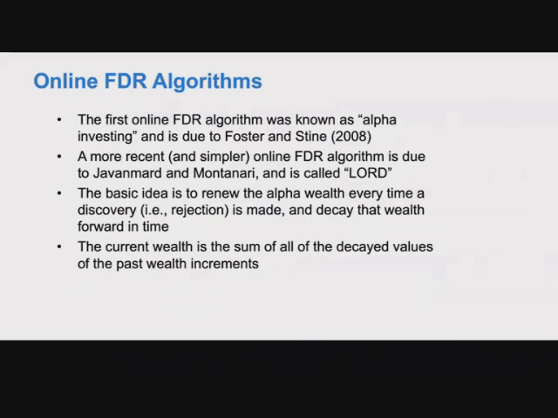All right, so a little history. The first online FDR algorithm that I know about, at least, was called alpha investing. It was due to Foster and Stine at Penn. They were both in a business school and a stat department, I think. And so they kind of had this econ spirit, and they wrote this nice paper on alpha investing. It was a somewhat complicated algorithm, and I don't want to explain it to you,